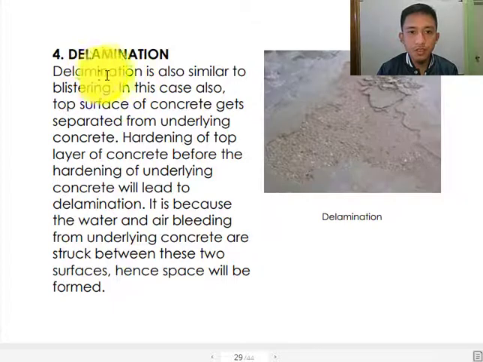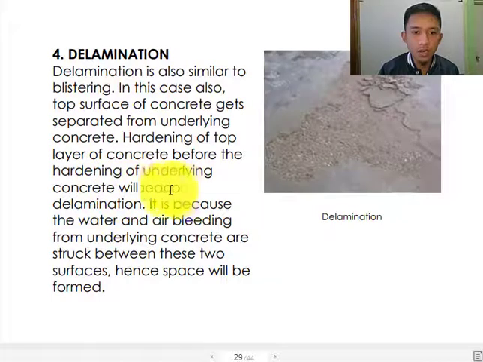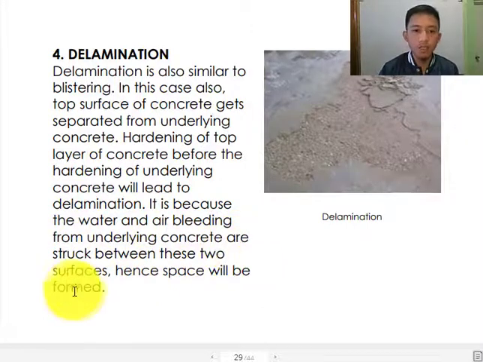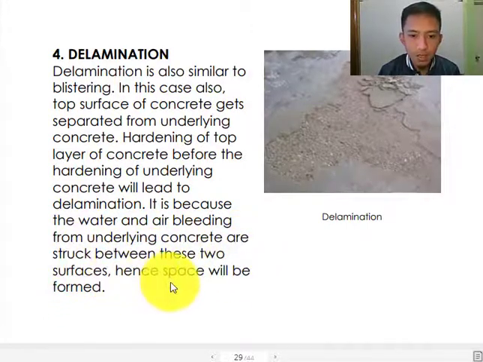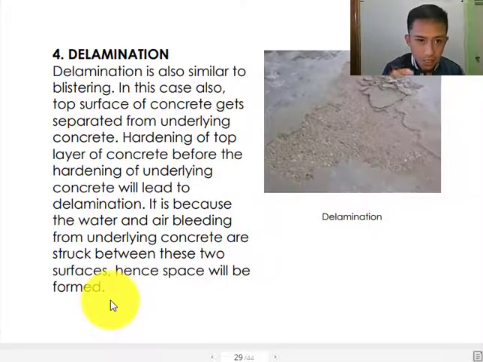Delamination is almost the same as blistering. In this case also, the top surface of concrete gets separated from the underlying concrete. Hardening of the top layer of concrete before the hardening of the underlying concrete will lead to delamination. It is because the water and air bleeding from the underlying concrete are stuck under this surface, hence space will be formed. So this is caused by